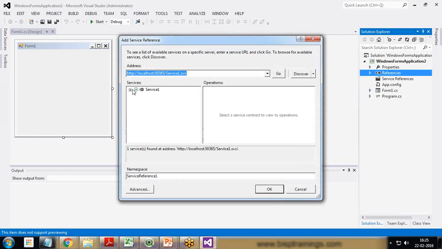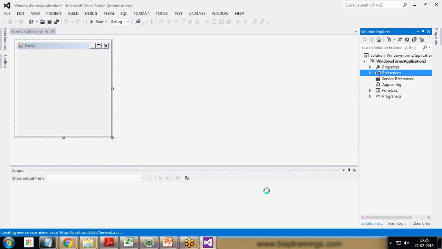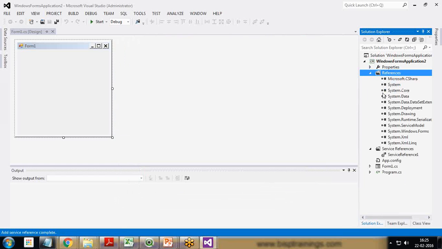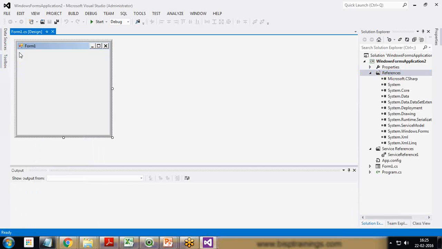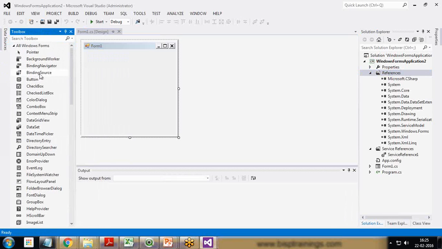When I click on go, it will look for the service IService1, and in this IService1 we have two functions, my add data and my sub data, and the service reference namespace. This reference namespace can be changed as required. So I'll go with the default one and click on OK. So the reference has been added. Then we can design the form as it is. I'm going to design the form,